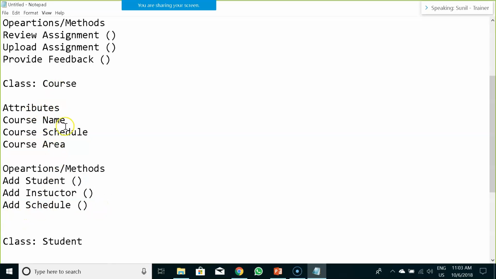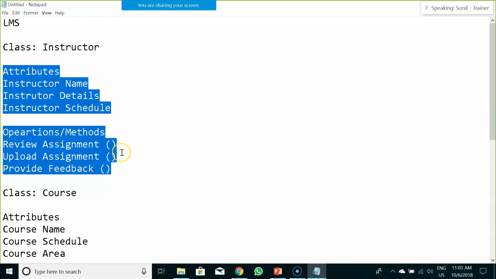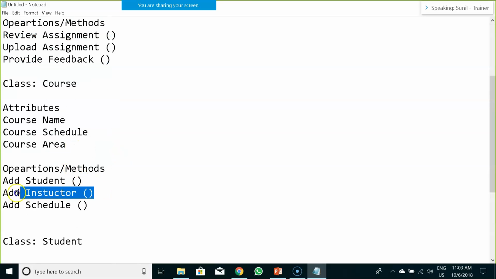For example, a course would have functionality to add students who would be enrolled in the course. For example, our business analysis session is nothing but a particular course. Now you come as a student and you are added to that course within the system. Once you are added to that course, you need an instructor. So the learning management system would search for an instructor who teaches business analysis, and add that instructor to this course, like they have added me. Then comes the schedule.